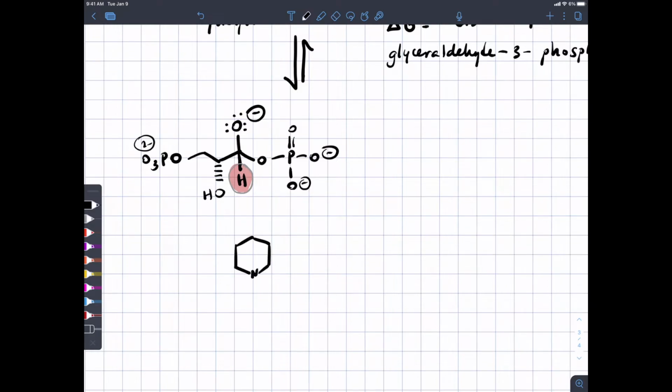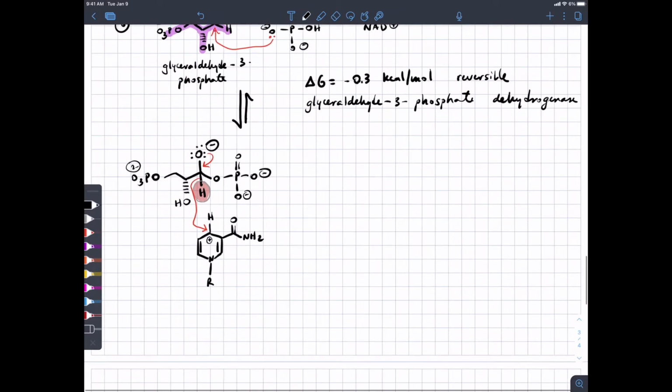The enzyme holds NAD plus very closely to the molecule shown above, with a carbon, the paracarbon, with a positive charge, so that when we kick off hydride, it is just handed off directly to NAD plus. And that gives us NADH, and